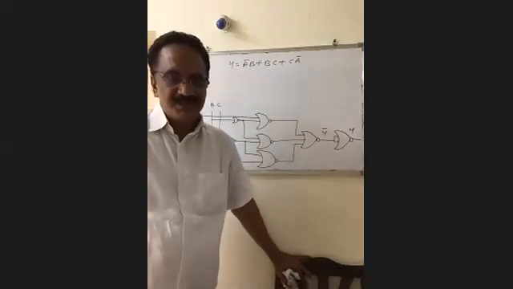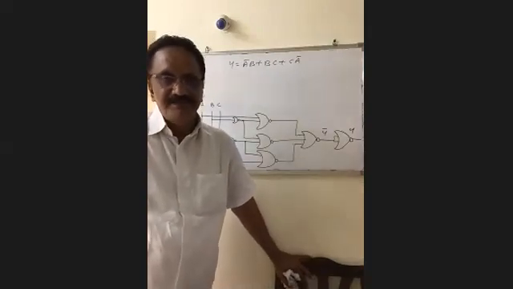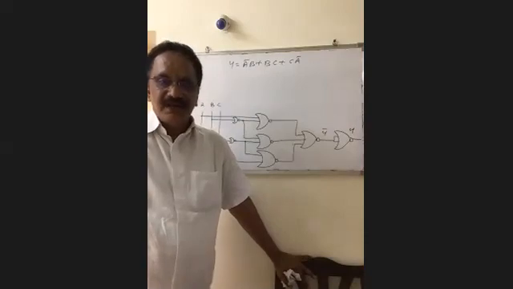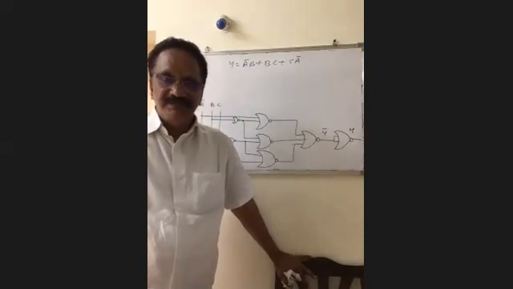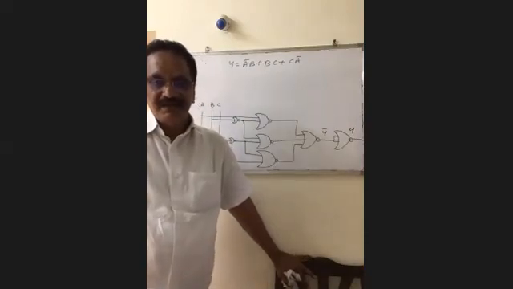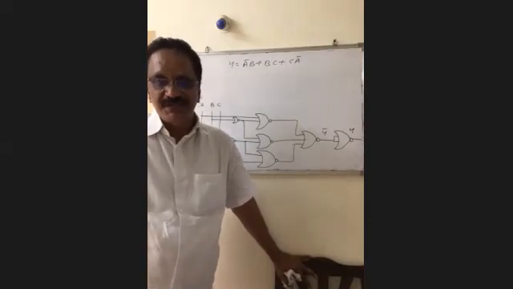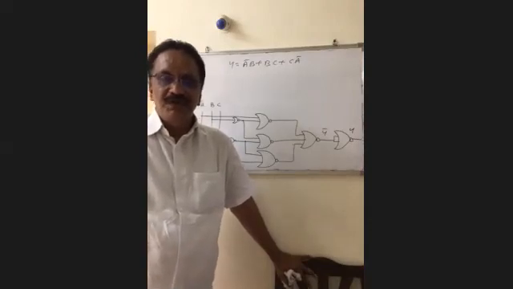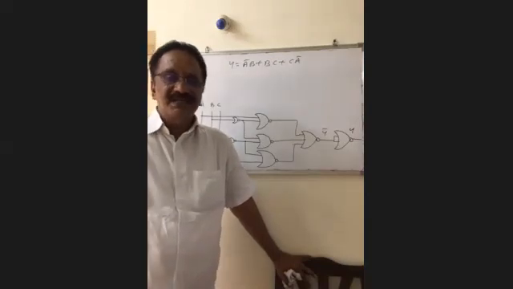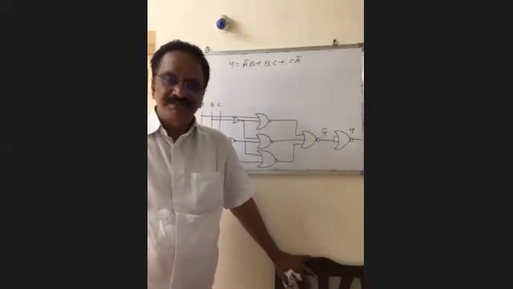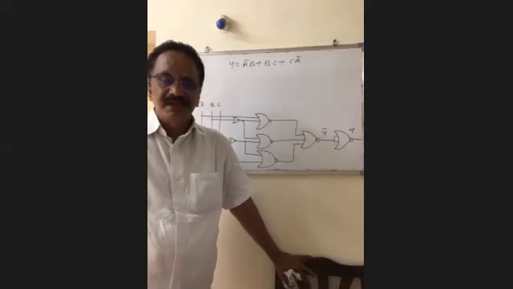Okay, that's the procedure. Write one line. To realize the given SOP expression by using only NAND gates, comma, first level gates are NAND gates, and the second level gate is also a NAND gate.